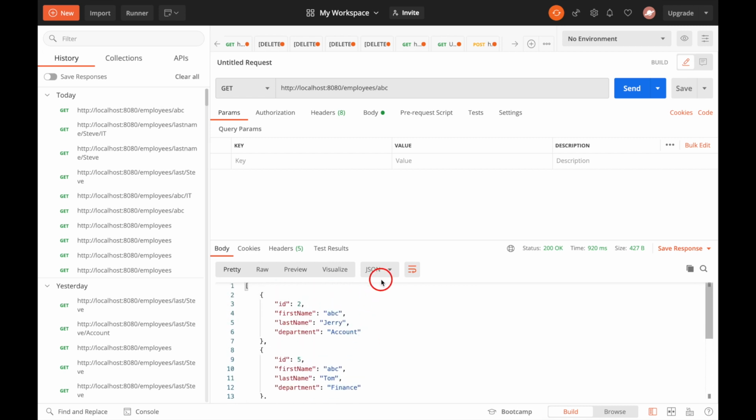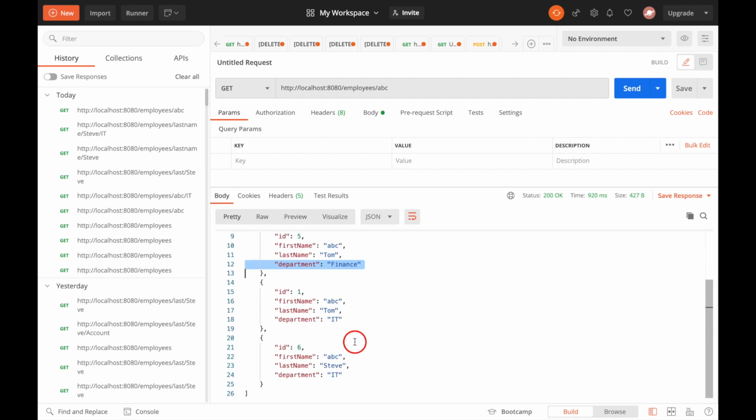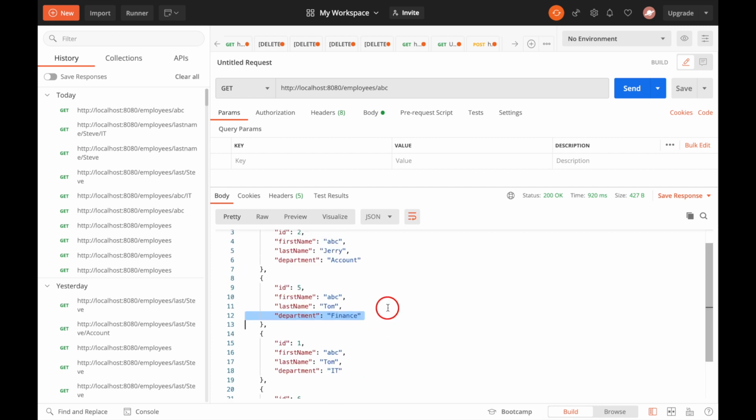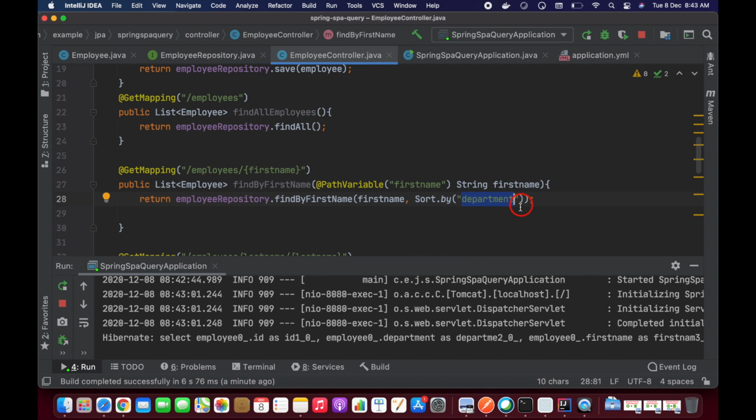If you observe here, the first department is account, finance, and after that IT and IT. So it's sorted in ascending order. What if you want to sort in descending order? We have another method, you can just define descending order like this. Then restart your server, and you will see the descending order as well. This is how it will work, guys.